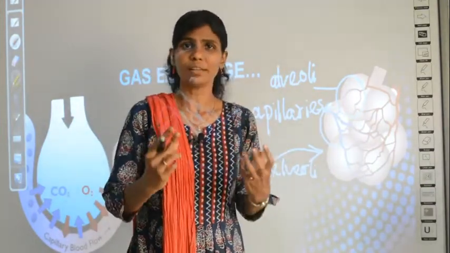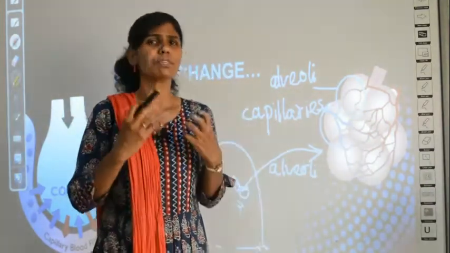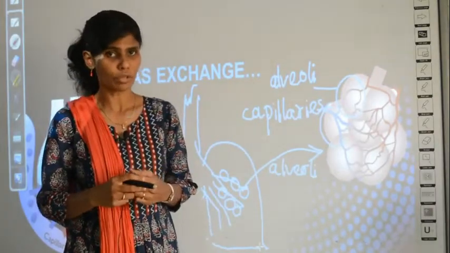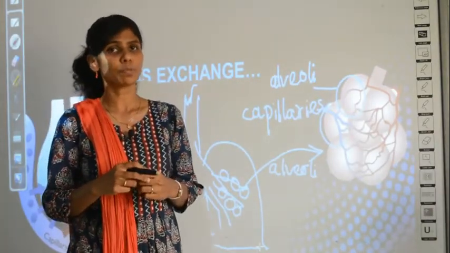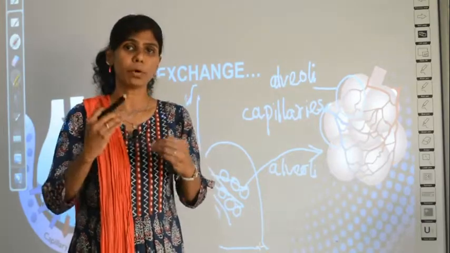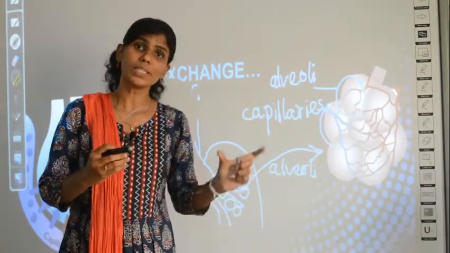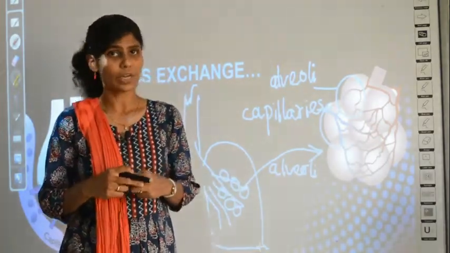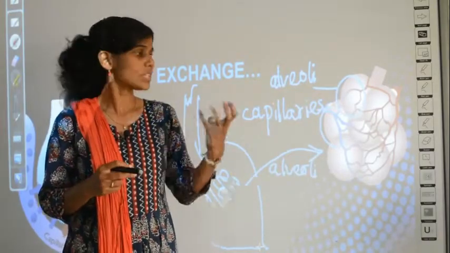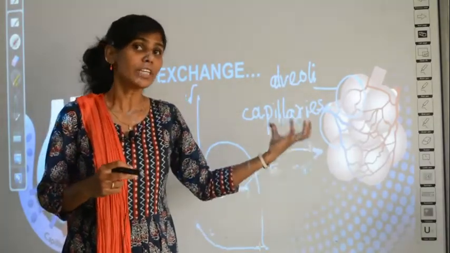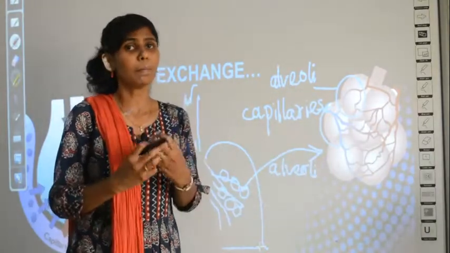But all other parts of your body will have so much carbon dioxide produced. How is carbon dioxide produced? Because every metabolism in your body will result in the formation of carbon dioxide gas, right? So, if this carbon dioxide is present in the blood, then the blood is called